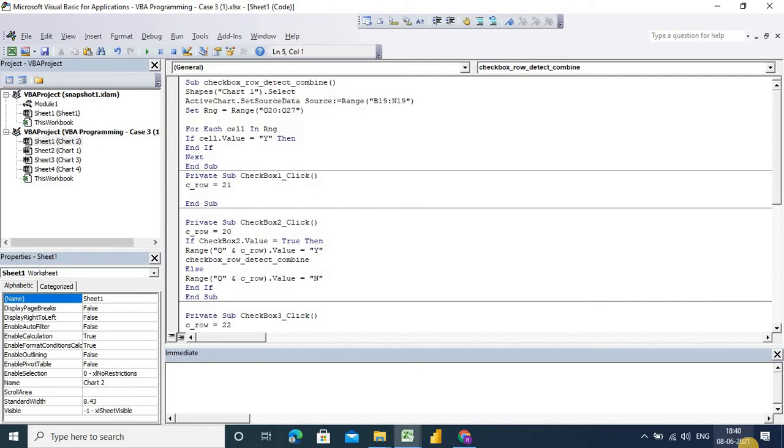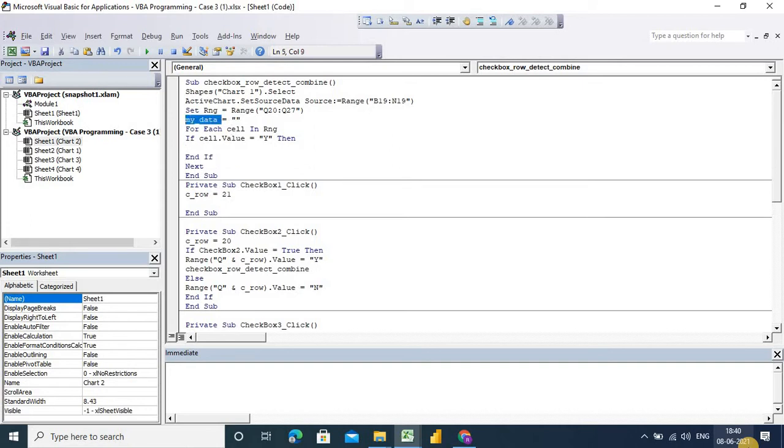Write anything, a blank variable, my data, blank here. So I will add my data one by one, cell dot value. I am splitting it, so after that we can simply split here.